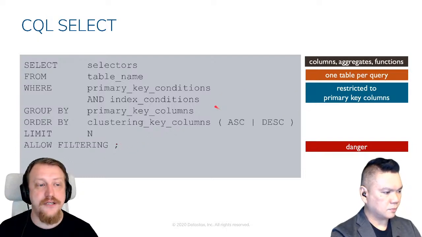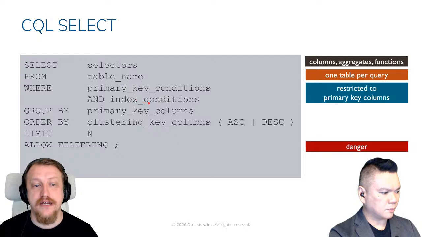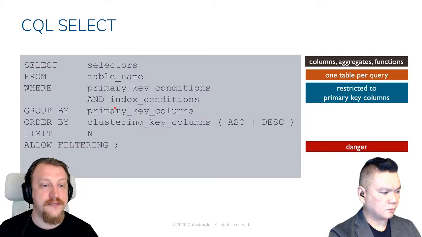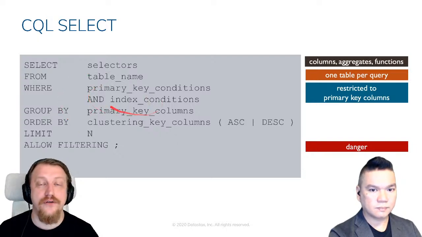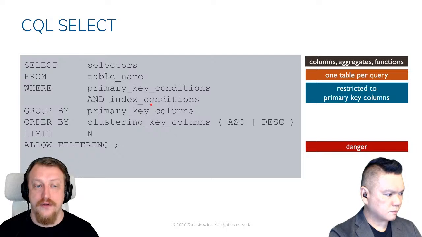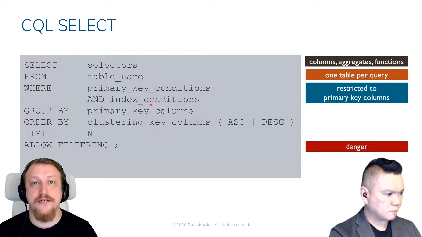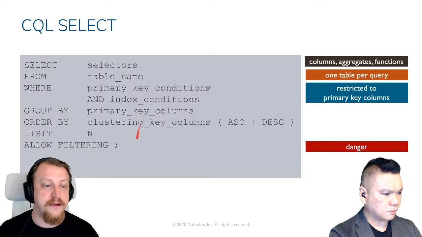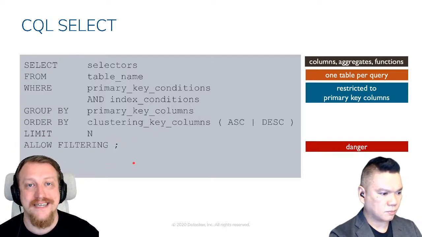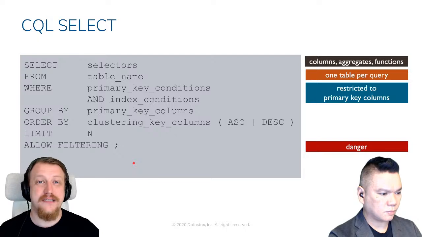We say you can search only by primary key conditions and indexes. If you are trying to search without them, or if you don't specify the partition key, then it will not work. So Cassandra will tell you, I cannot execute this statement. You may use allow filtering if you know what you are doing. And allow filtering enables a so-called full cluster scan. What is it and why is it so bad?